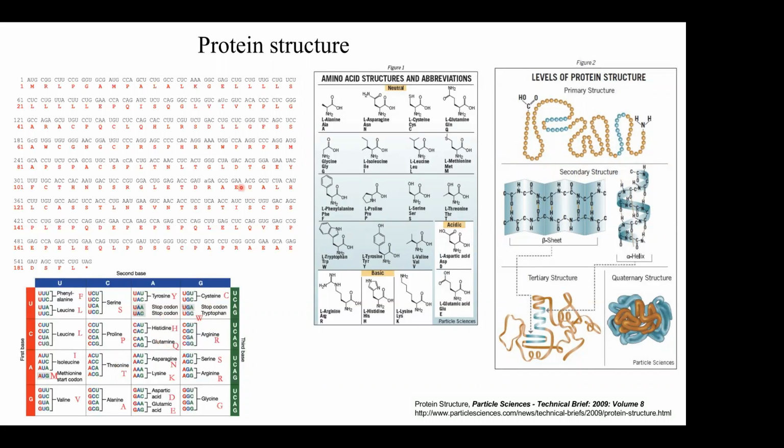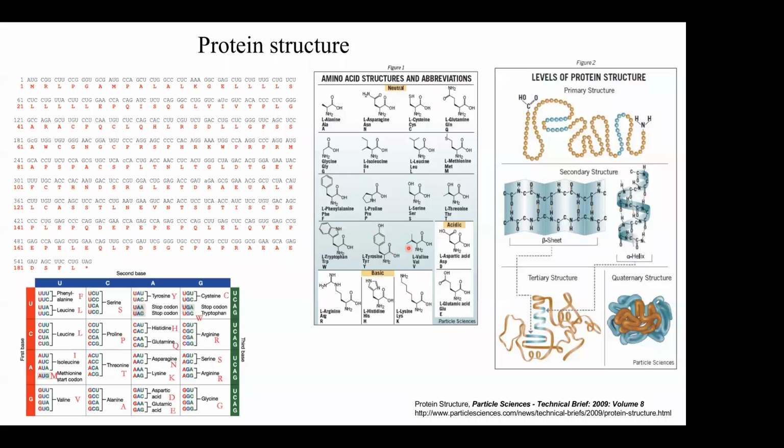So these are the basic structures of the amino acids. You can see the neutral amino acid, acidic amino acid, basic amino acid. If there is any mutation in your gene, or any amino acid change, the secondary structure, tertiary structure, as well as the quaternary structure will change.